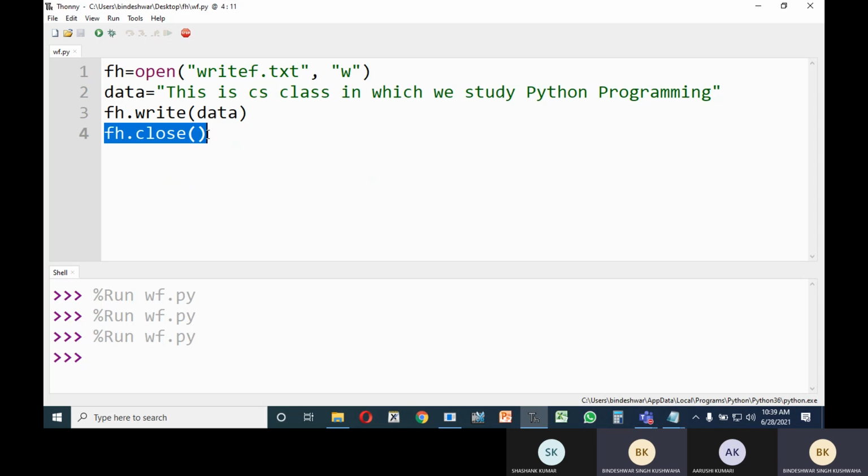When you cut a file, it works like this, and save. If you have opened a file, you should close. This is a best practice.